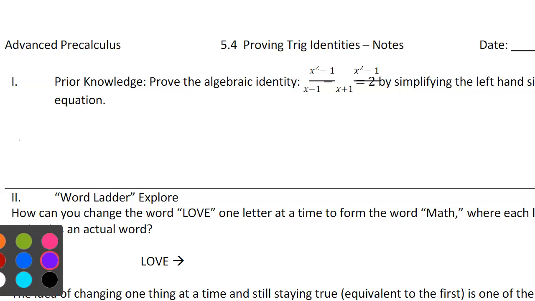So the first thing we're going to do here is look at how we will prove an algebraic equation. What you have to do is look at an algebraic equation and you want one side of the equation to equal the other side. You always inevitably want to pick the harder side to start simplifying, because on this equation, I know it's hard to see, but I'll rewrite it. On this equation,